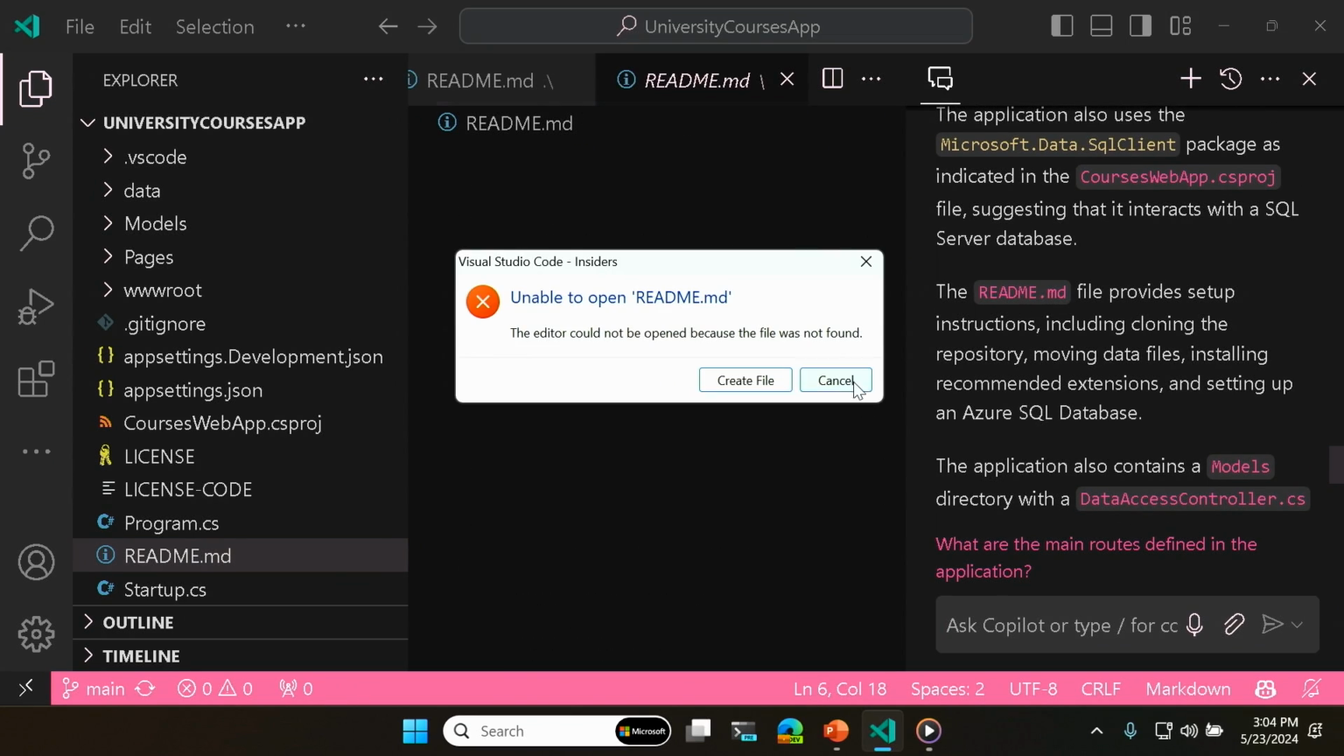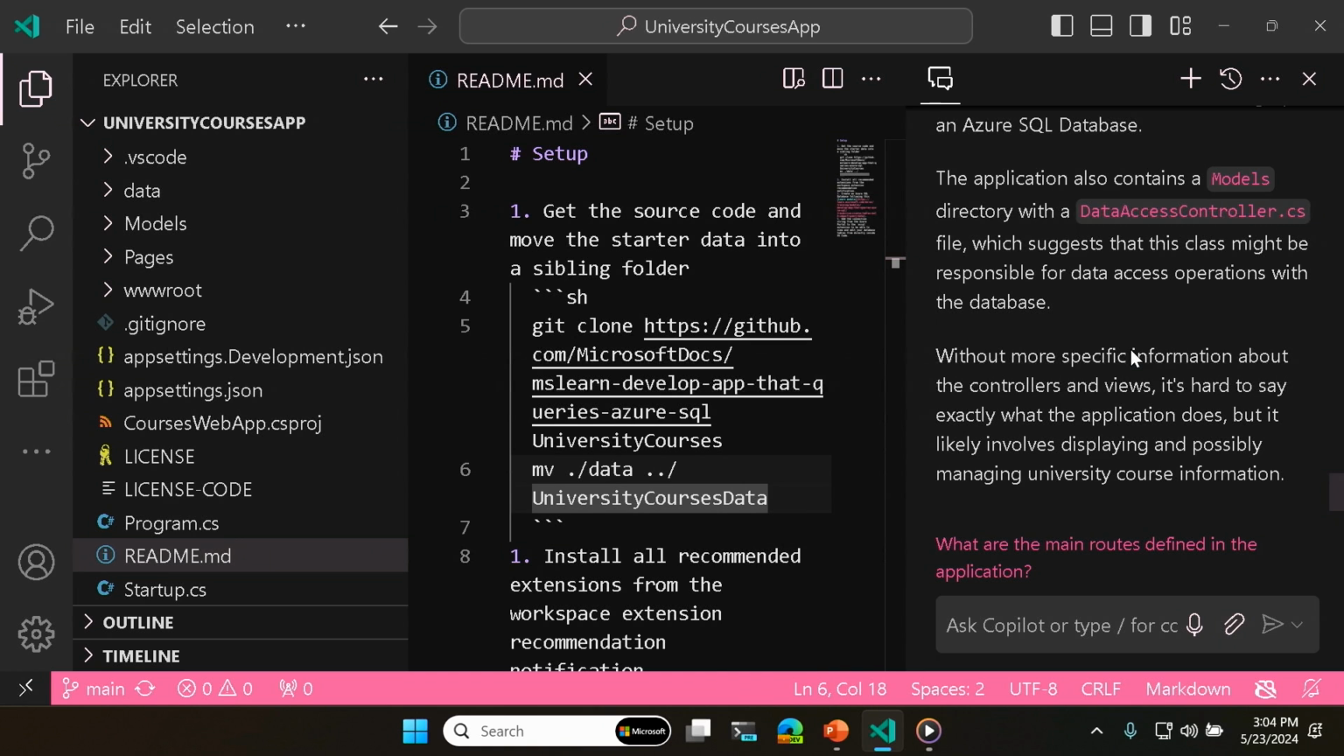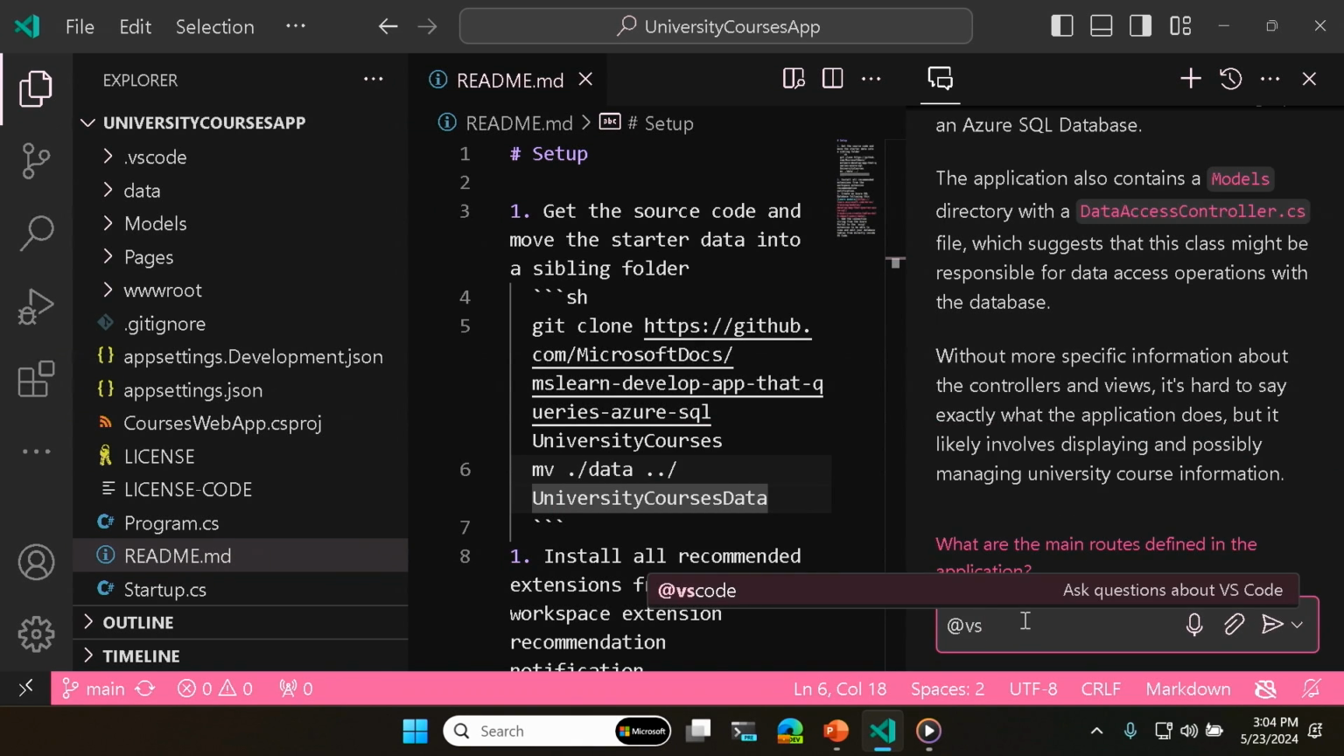So for instance, I can go ahead and click on that. OK, so now that I've learned a little bit more about my workspace, I've realized that this is a .NET app. And I don't know if I have the right extensions installed for .NET. So I think this sounds like a great question for the VS Code participant. So I'll say, @vscode, how do I install